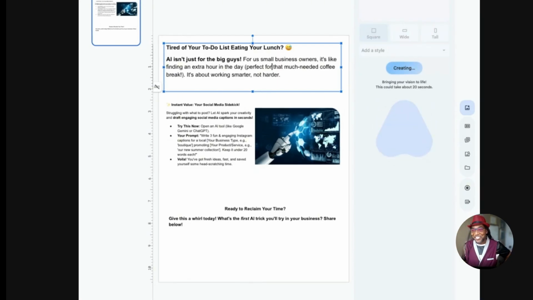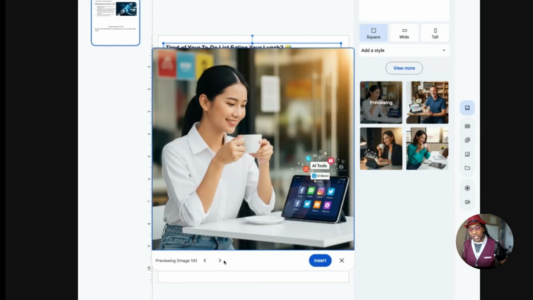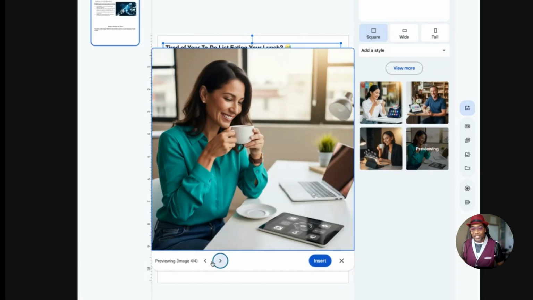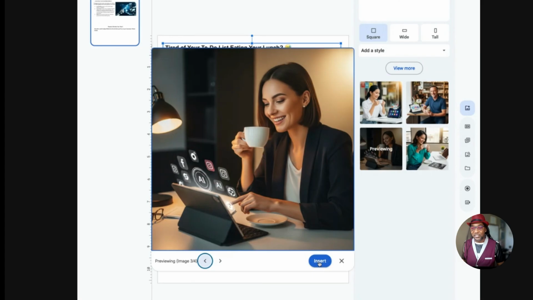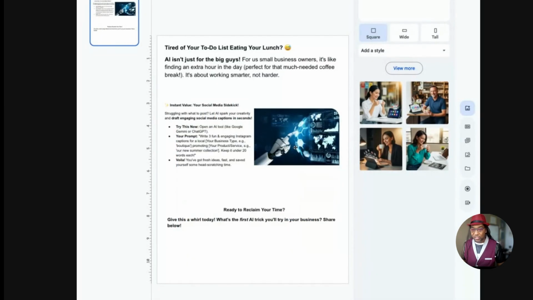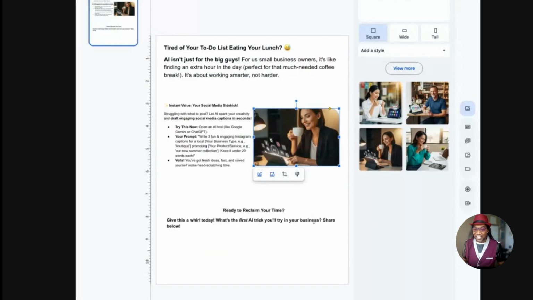See if it works this time. Oh, you can do it. There we go. Boom. So it gave me four images here. You can go in and preview them. I like that one. All right, I think I'm going to select this one. I'm going to hit insert. Wait a minute. It's supposed to replace my image, and it didn't replace my image. So I'm going to redo this and hope it works this time. Come on, AI, you can do it. Let's select that one. Replace. There we go. Finally. All right, cool.